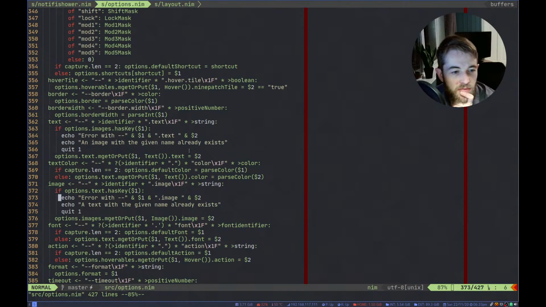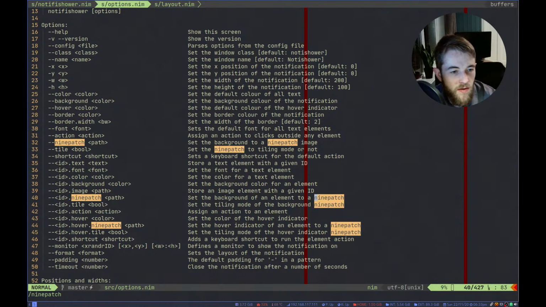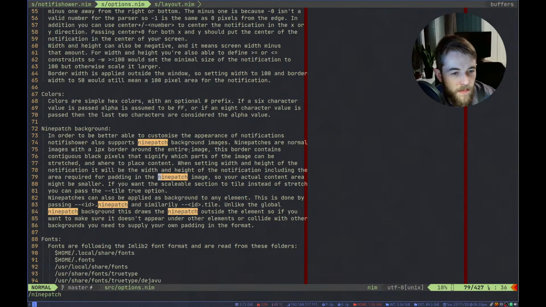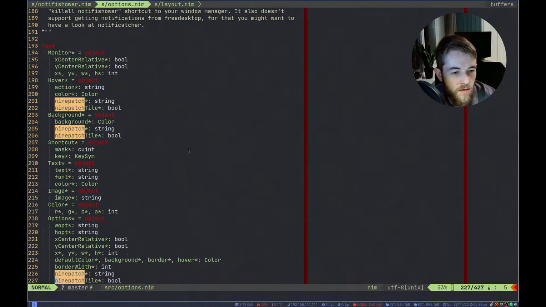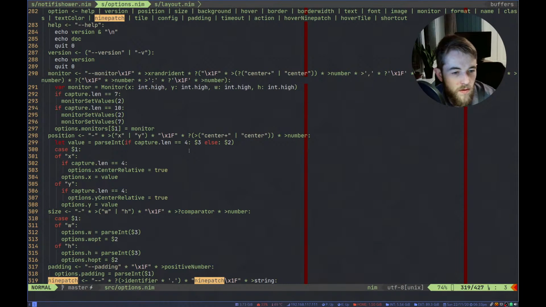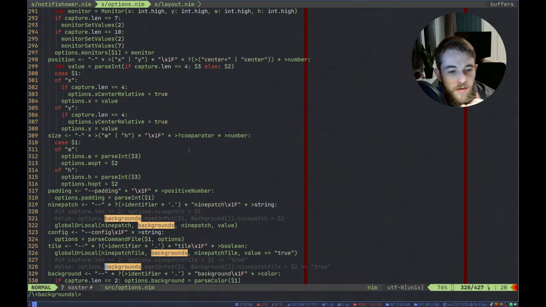What happens if we specify a 9 patch? How is that working again? Is that a separate? Right. Let's use this weird global or local thing. Options of backgrounds.